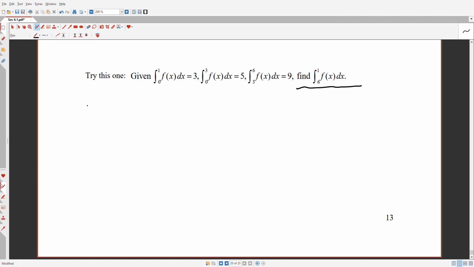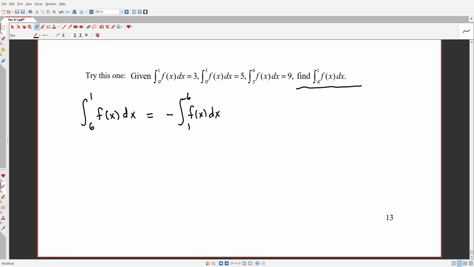So let's just try writing this out. If I say, add up the area under f of x starting at 6 and going to 1, well, that's going to make all my widths negative. I can flip those around and go from 1 to 6, but I have to put that negative sign in there. That's one property that we used. And now